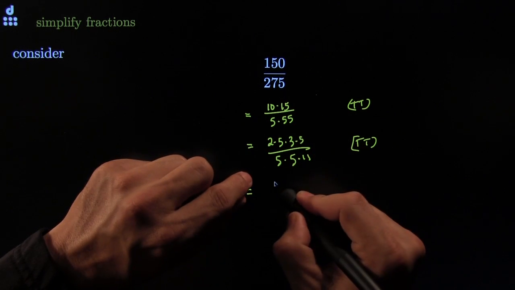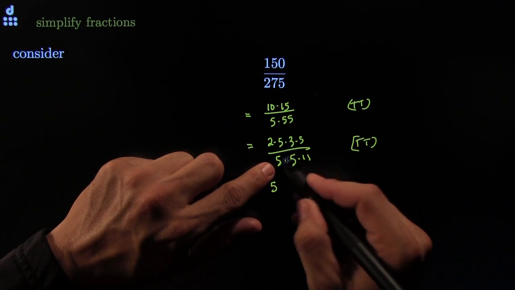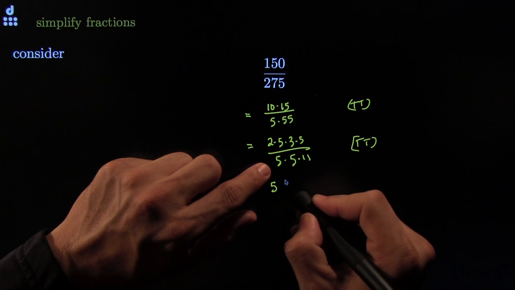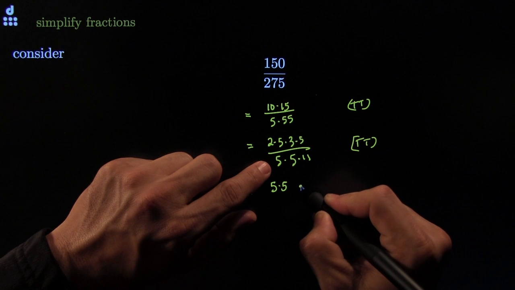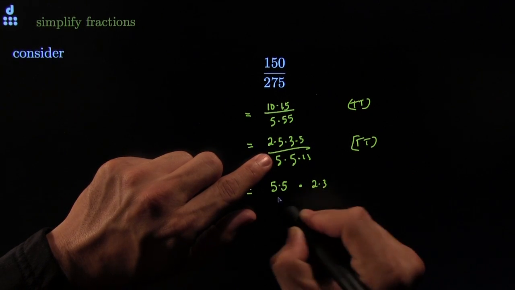I see a 5 that's common to both of them. I see another 5 that's common. And that's about it. So I have 5 times 5. I'm going to set them aside for a second, times 2 times 3, all over